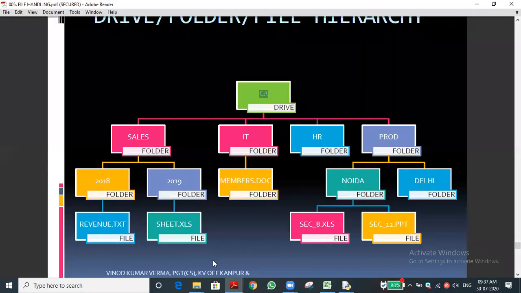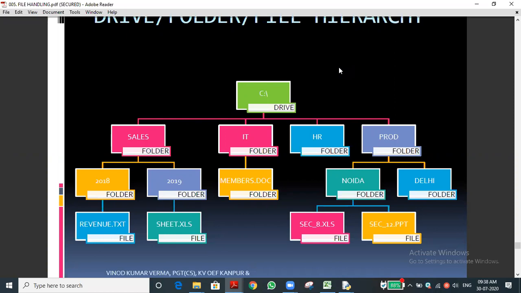Yes, sir. Now that's what I'm saying. So C drive is a drive. Suppose it is in another folder, we need to mention that folder name and the subfolder name. Finally, we can access the file. Rest of the students, did you all understand what I'm telling? Understood, sir. Selvaram, Ajit, what about you? Yes, sir. Okay, good.